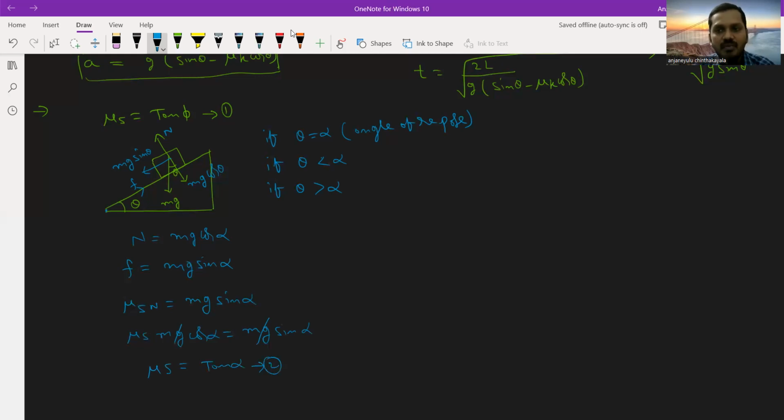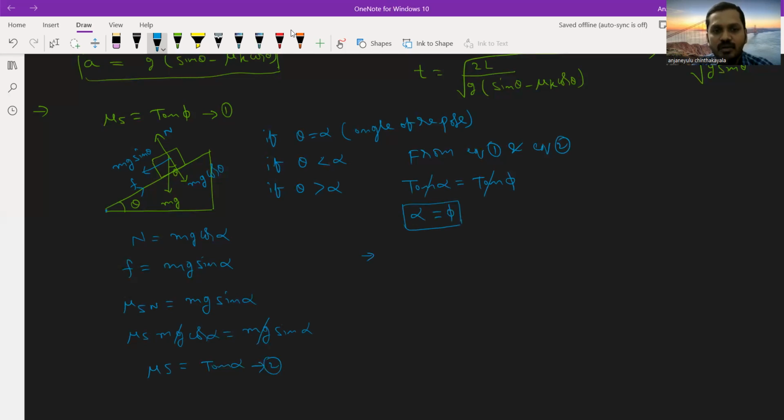This is equation 2. Already from equation 1, we know coefficient of static friction mu s is equal to tan phi, and from the second equation mu s is equal to tan alpha. So from equation 1 and 2, we can equate these two. Therefore, tan alpha is equal to tan phi. So both sides tan cancel, then alpha is equal to phi. So angle of repose is equal to angle of friction, both are equal. So this is one topic here. And the next one,